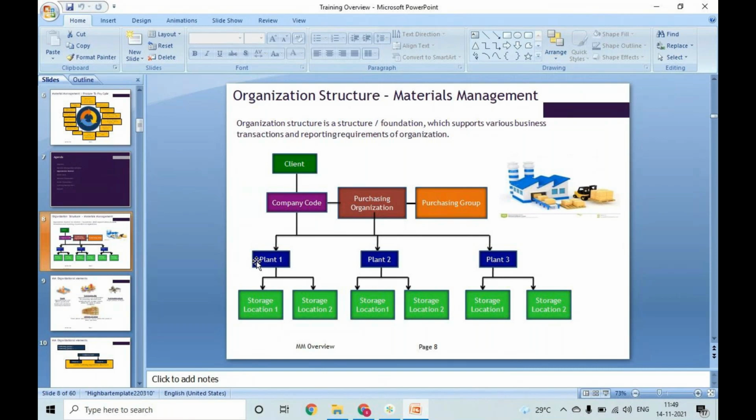Further bifurcation of this warehouse, or you can say plant, will be storage locations, the actual place where we keep the materials. Next is purchase organization. Purchase organization is nothing but the purchasing department who sit in the head office or corporate offices, responsible for the procurement process. Then the purchase group.